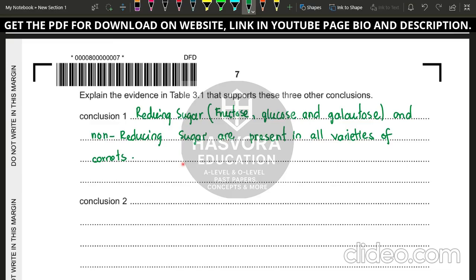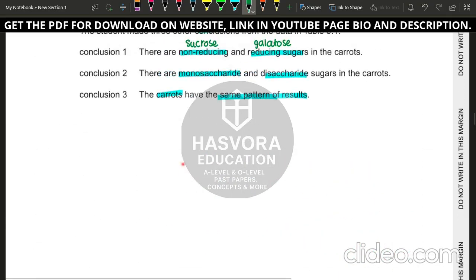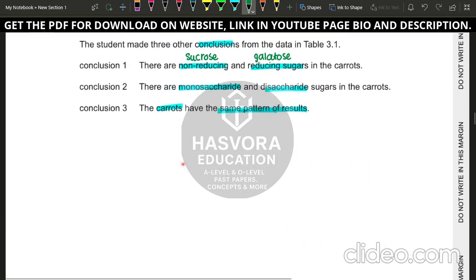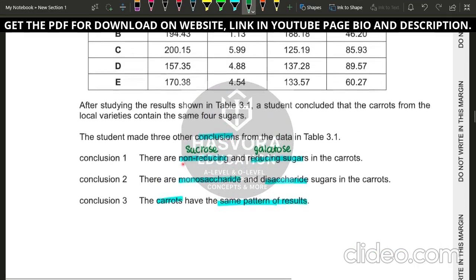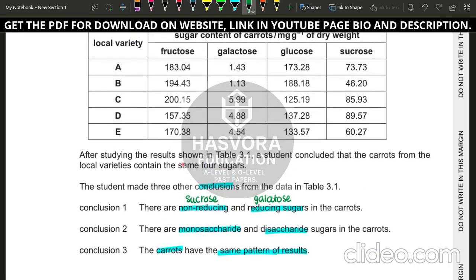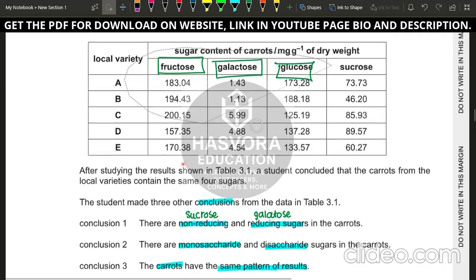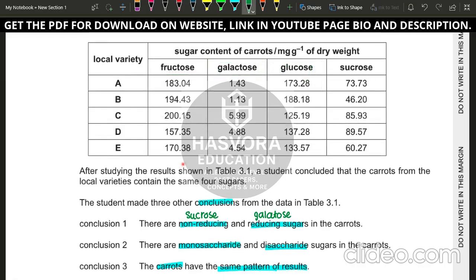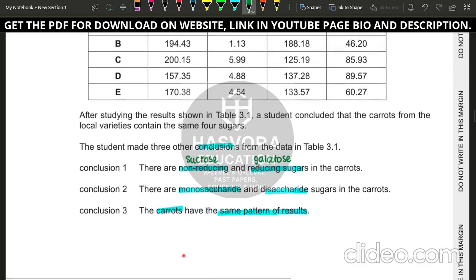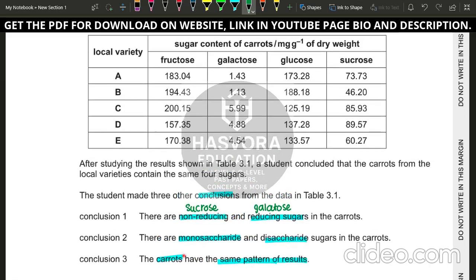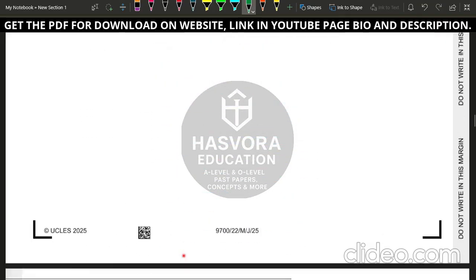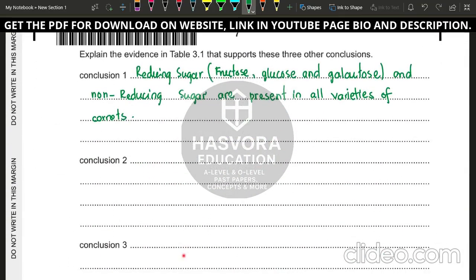Okay, so the second conclusion, let's see what the second conclusion was. So there are monosaccharides and disaccharide sugar in the carrots. Now out of the four sugars that they have given us, the fructose, the galactose, and the glucose, these are your monosaccharides, and the sucrose is your only disaccharide. So we can simply write it as